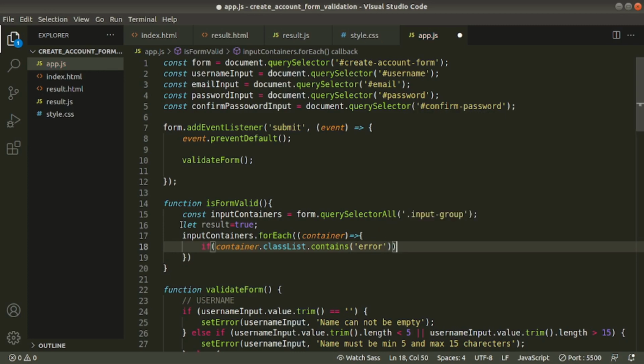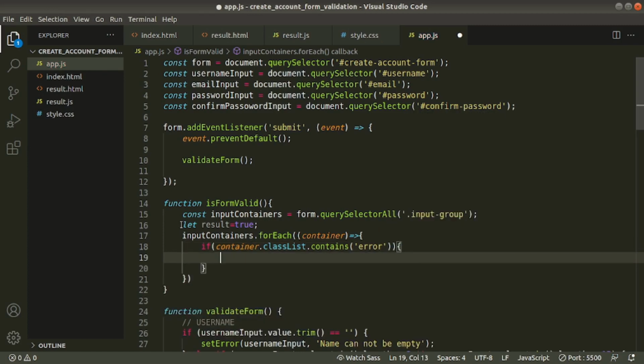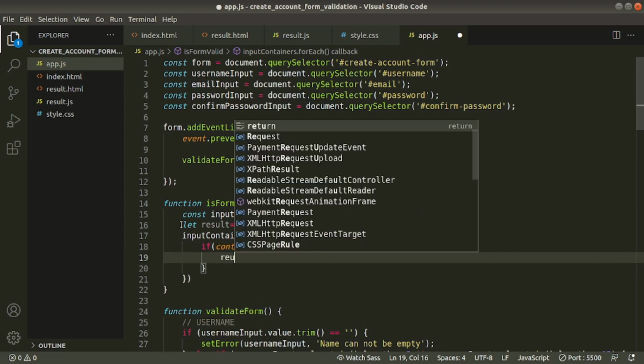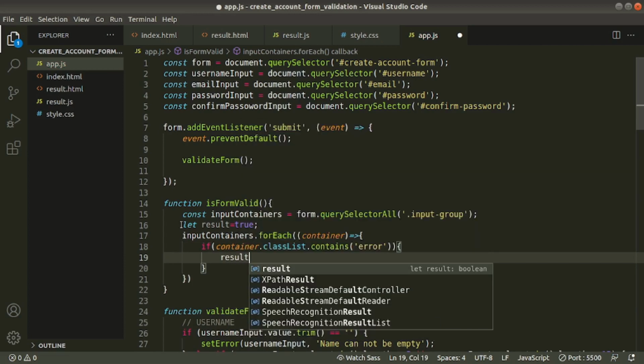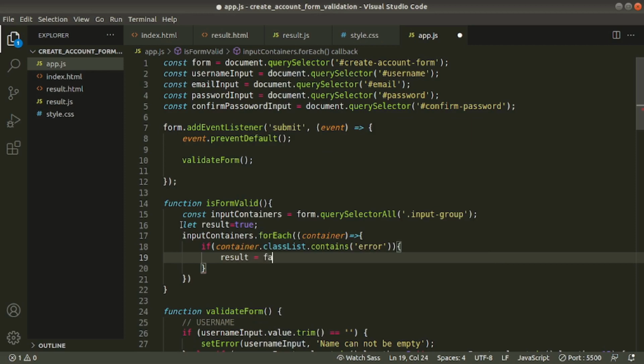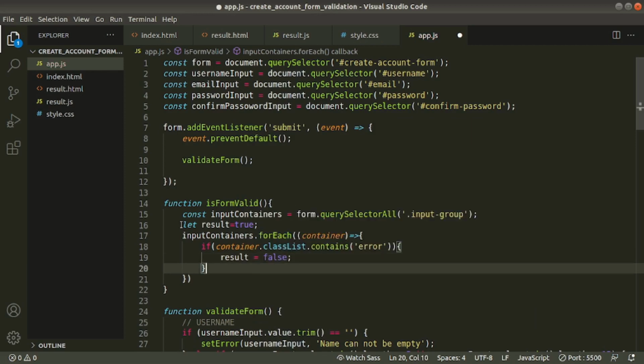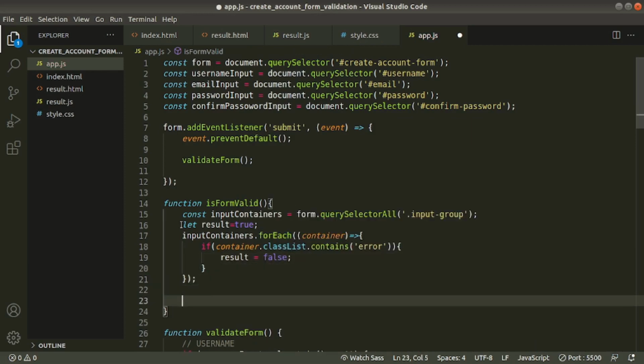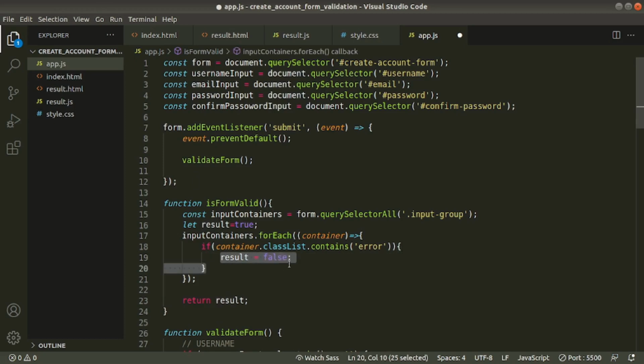Then we give result the value false. Later, return result.